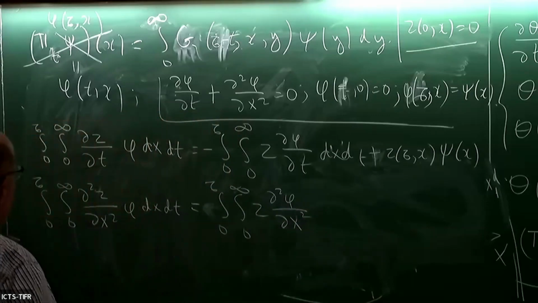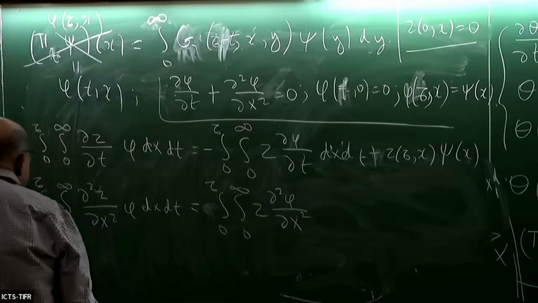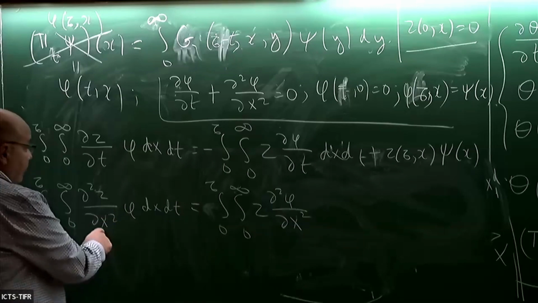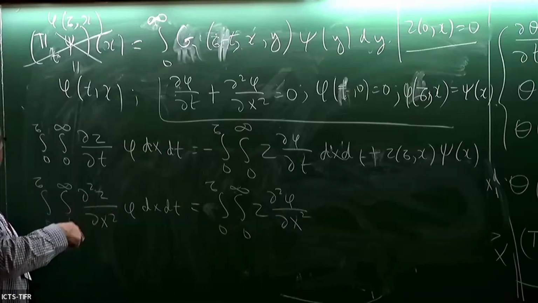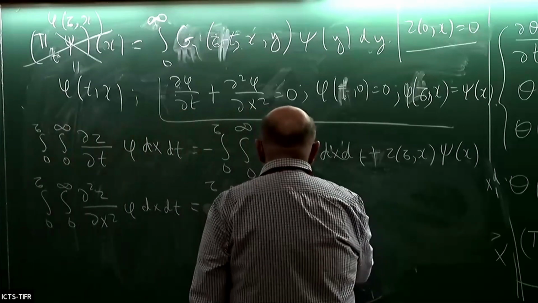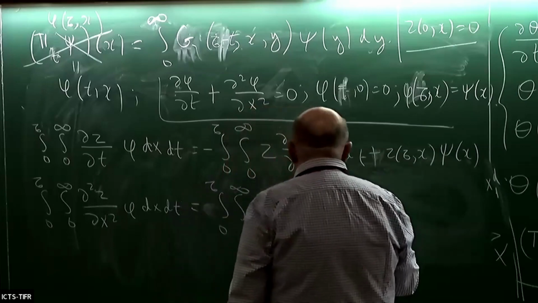And I have some boundary terms. When I integrate once, I will have dz over dx phi, but this one will vanish at both ends, which will come with plus. So I will have with minus, dx dt, minus